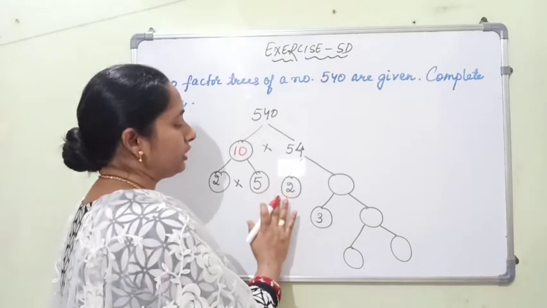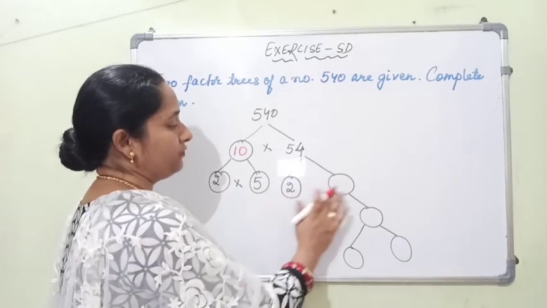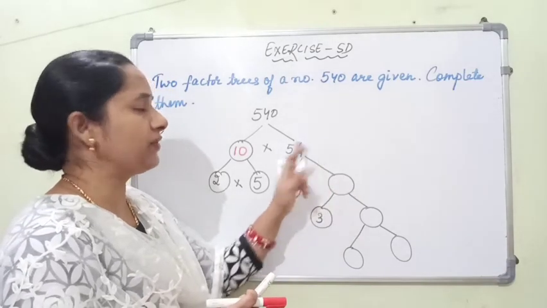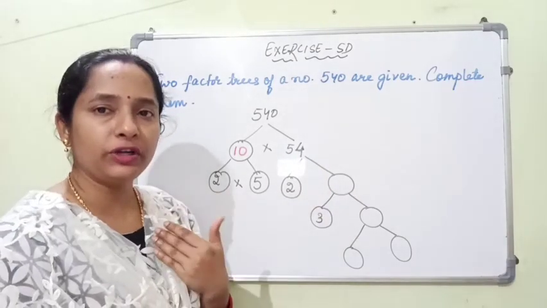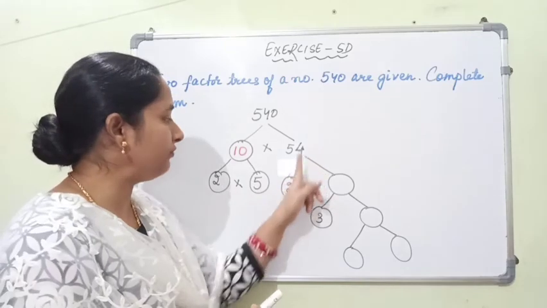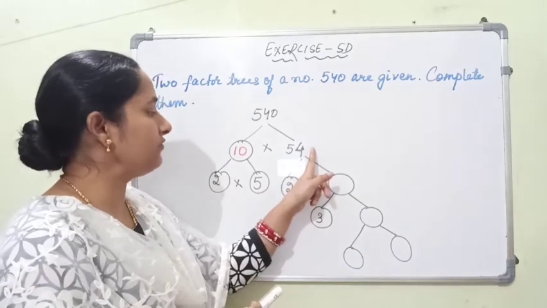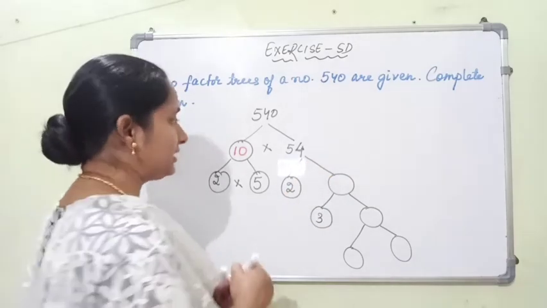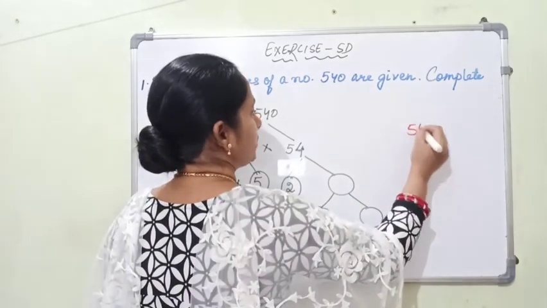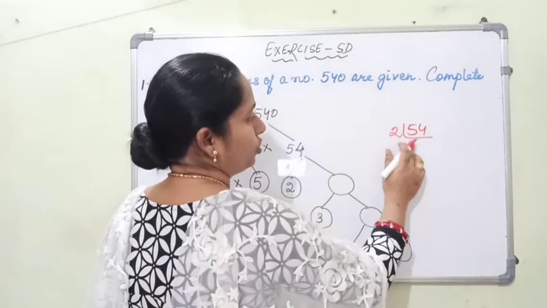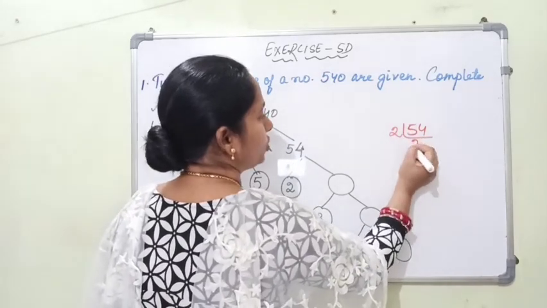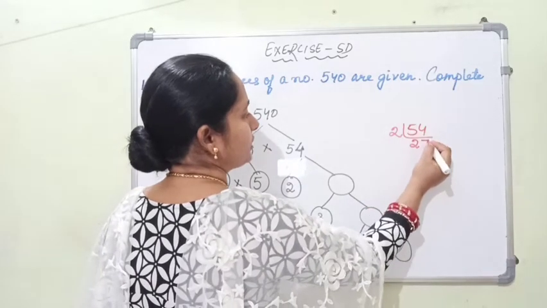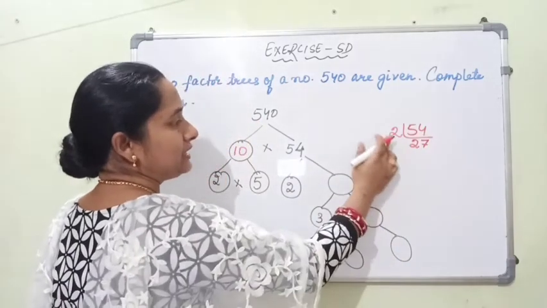Now 54 can be represented as the product of which two numbers? 2 multiplied by how much is 54? Suppose you don't know, then what will you do, children? You divide 54 by 2. If you divide 54 by 2, how much will you get? You get 27. You can do the short division. 54 divided by 2: 2 how many times will go for 5? 2 twos are 4, and you get the remainder 1. 1 for 14, 2 sevens are 14. This means 27 twos